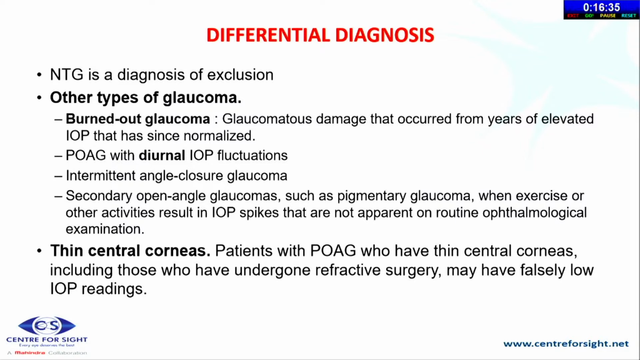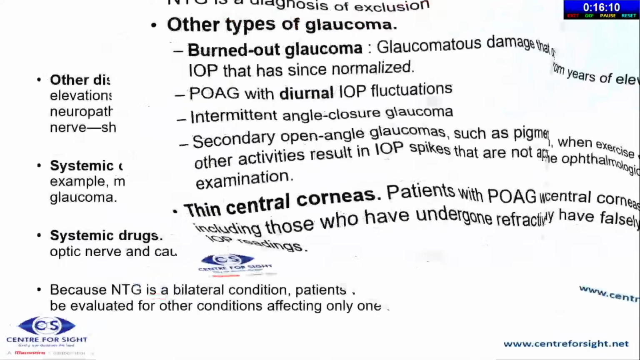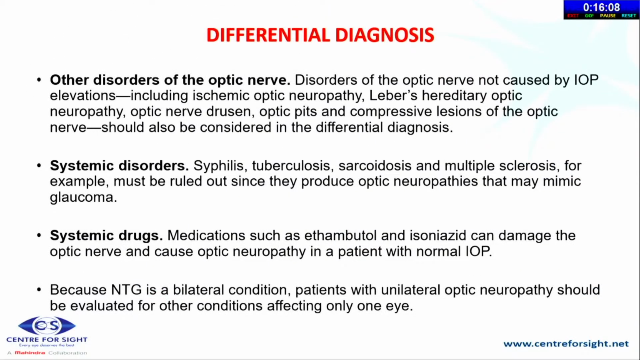Similarly, in intermittent angle closure also, IOPs become high sometimes during the day. Secondary open angle glaucomas such as pigmentary glaucoma, where exercise or other activities would lead to an increase in IOP and then it would come back to normal again. Thin central corneas, especially in patients who have undergone refractive corneal surgery, you might get a falsely low intraocular pressure. We need to rule out other diseases of the optic nerve like ischemic optic neuropathy or disc pits, etc.,